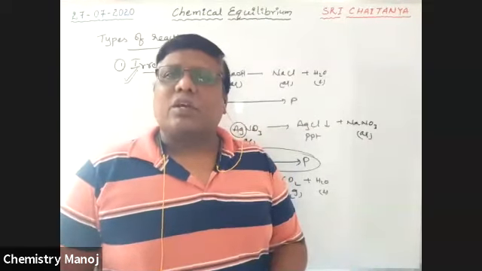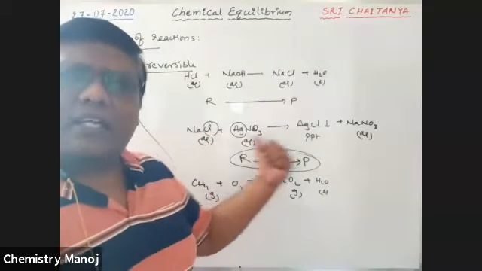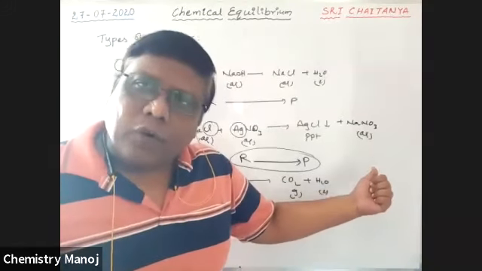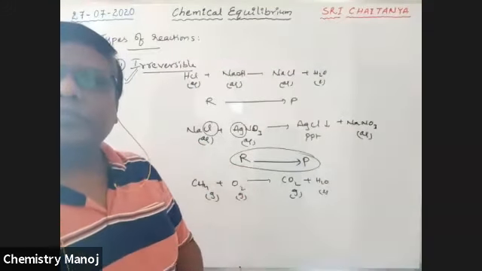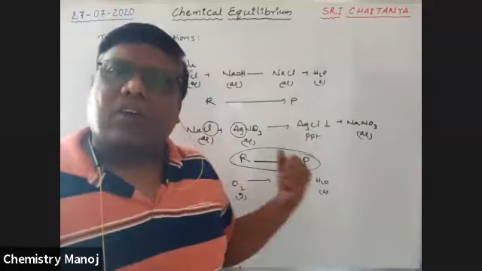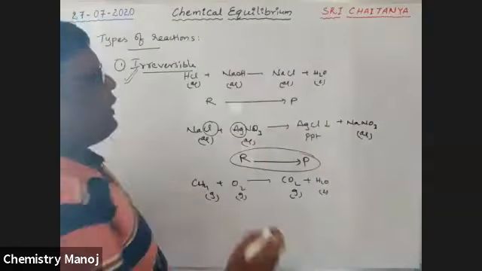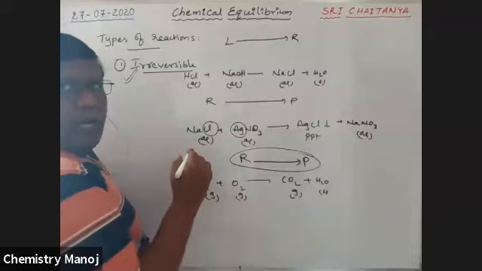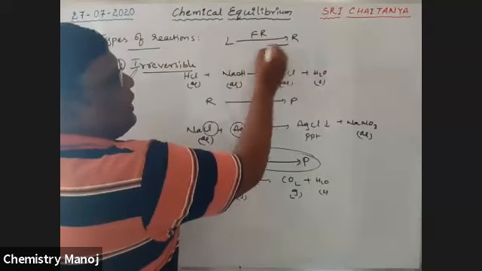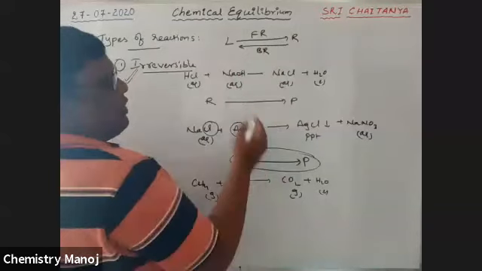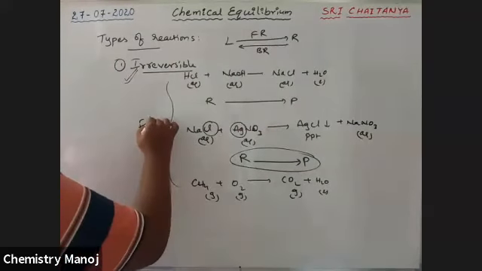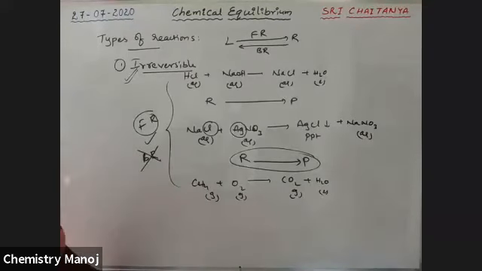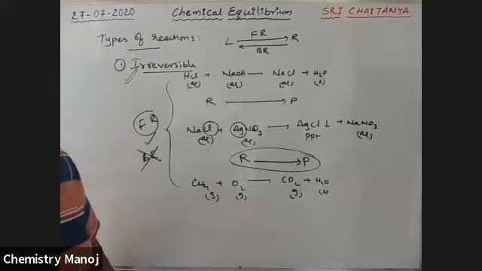What are those reversible reactions? Here, only reactants are changed to products. But in a reversible reaction, products are once again converted into reactants. That means backward reactions are also possible. In a chemical reaction, the reaction proceeds from left to right, which is called a forward reaction. Right to left is called a backward reaction. In these reactions, only the forward reaction takes place, but not the backward reaction. These are all irreversible reactions.